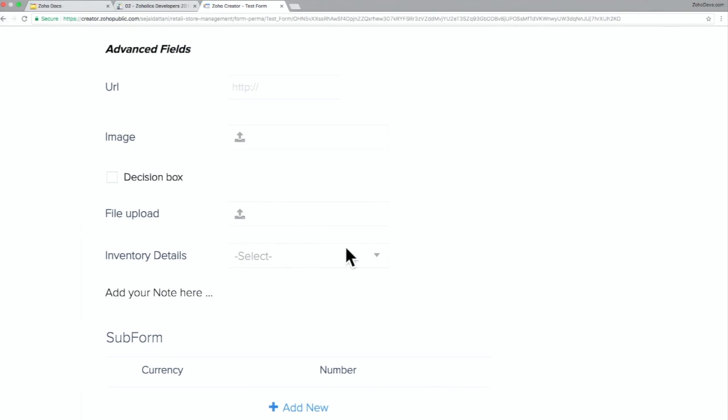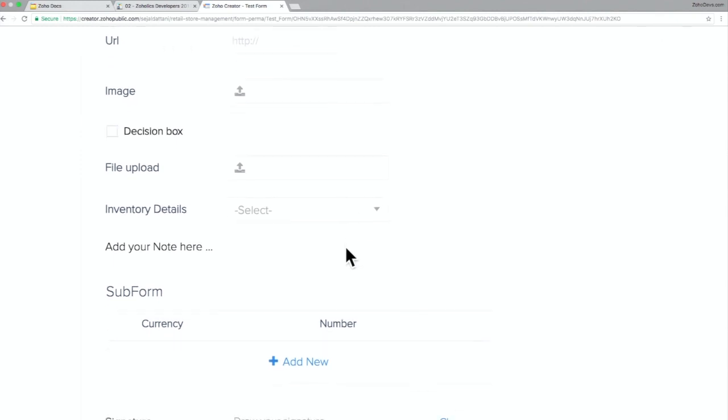The decision box field, you would have seen at the end of forms, you usually see something like, I agree to terms and conditions. Have you all noticed that? So that is the decision box field. Once you check that, only then will the user be able to submit the form. And file upload field. Again, I would take the example of a job application form. You are asked to upload your resume. You could use the file upload field to upload your resume in the job application form.